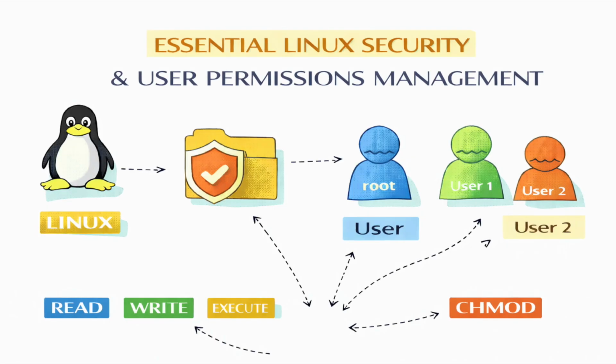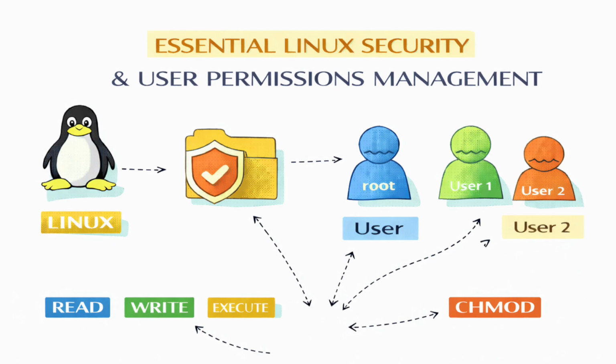If you are logged in as a full root user and you accidentally type rm -rf on the root directory, your system is gone instantly. But if you use sudo, you only use that root power for the specific command you authorized, which dramatically reduces the chance of a catastrophic error. And this is why newer secure systems like, say, Ubuntu 20.04 and later, or Kali, actively discourage or even block direct root login by default.